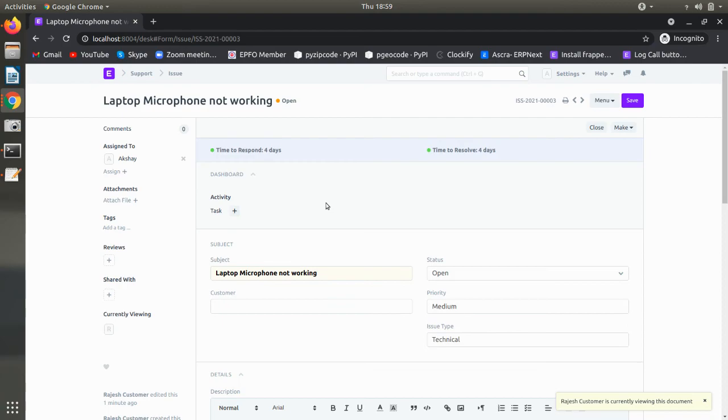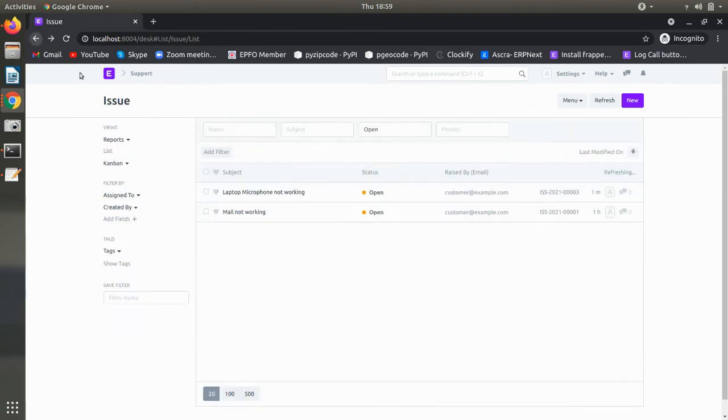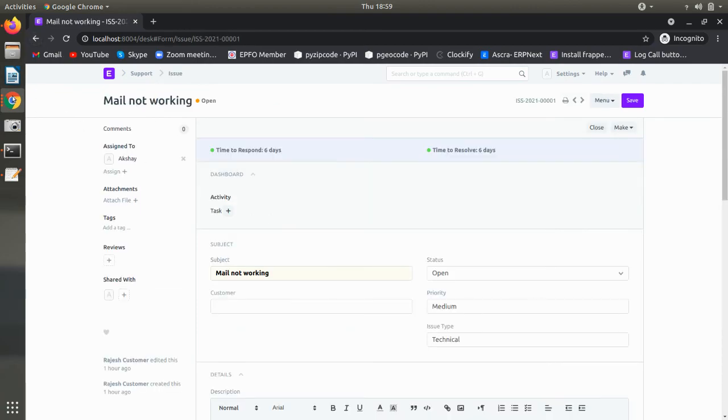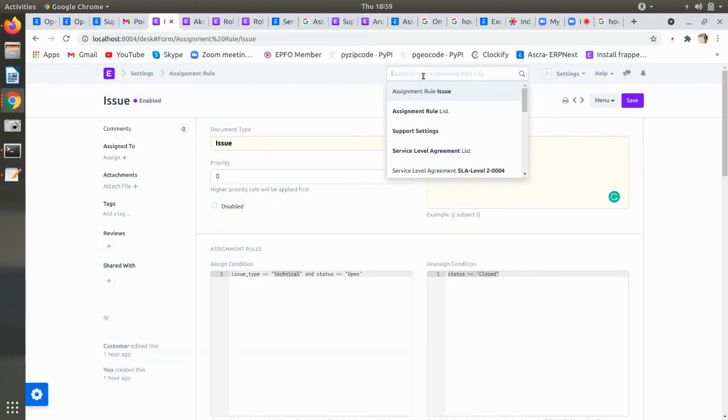So maybe the different types of status: open, replied. No, there's another type of status, not this. There's waiting, processing, and I saw some other kind of status. Yeah, that was in a different user. I'll log in from there.